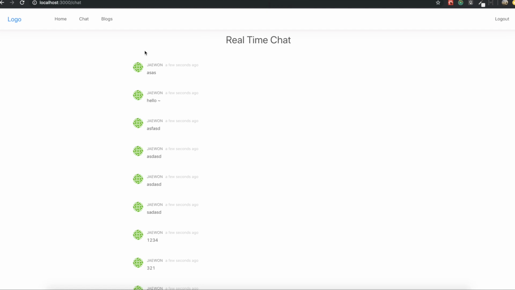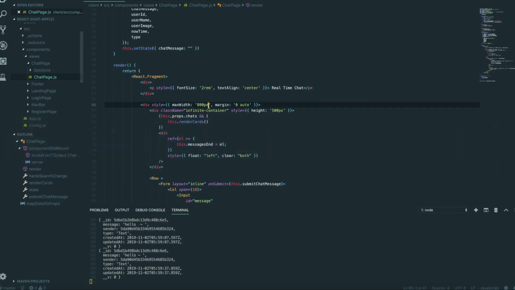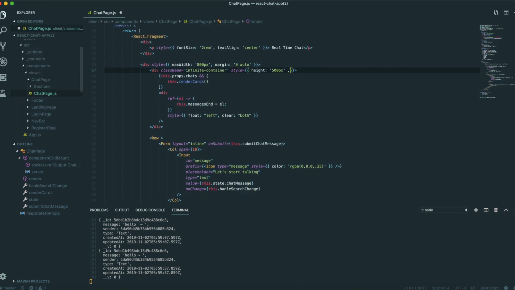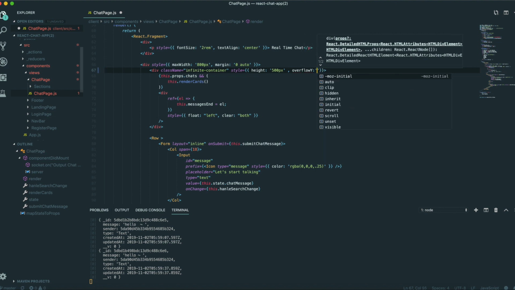Before we do that, I want to fix one small CSS problem. In here, if we see this, the text box is too long, so we cannot see this in one page. So I want to make it shorter in height. If I flip back over to our text editor, I can just set overflow-y to scroll,